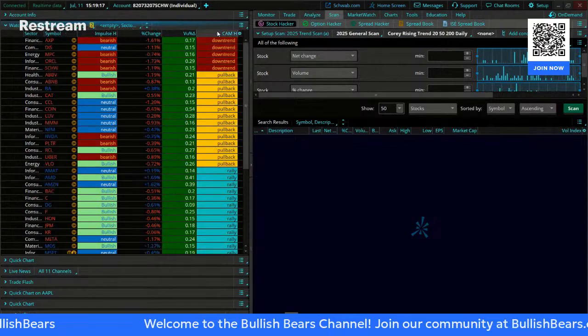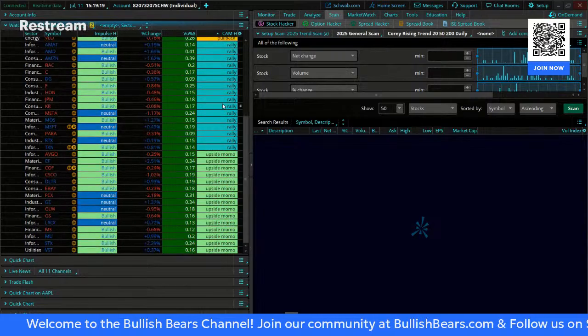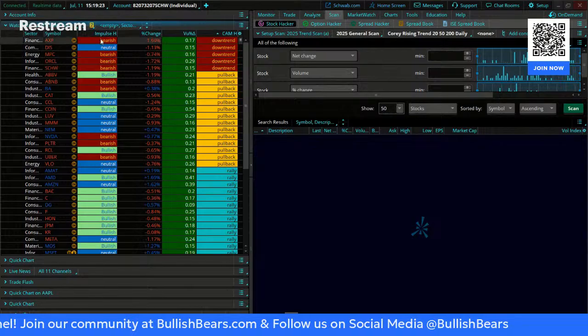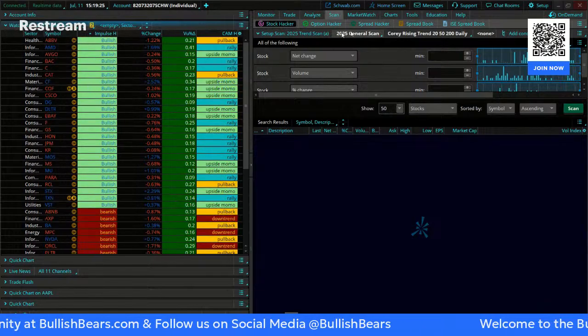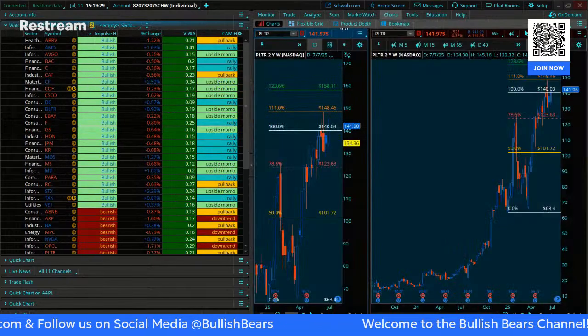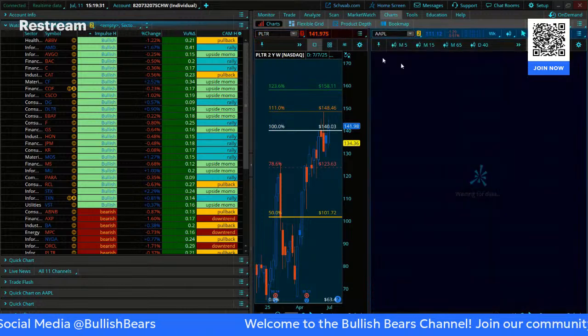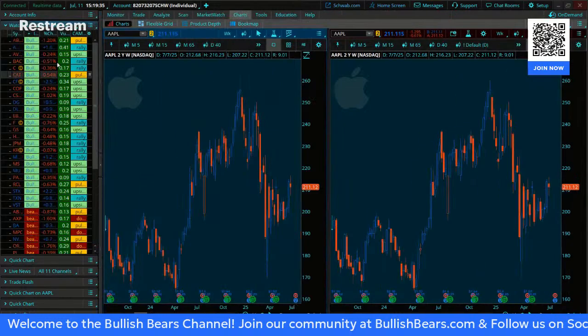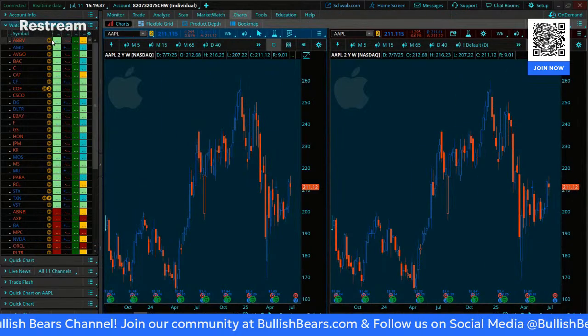So I've got them sorted. We could look at the ones that are in a rally or have upside momentum, or in a pullback or a downtrend, because I've got that. Or we'll just check the impulse. That works for me. We'll see which ones are getting that. Tighten everything up here.